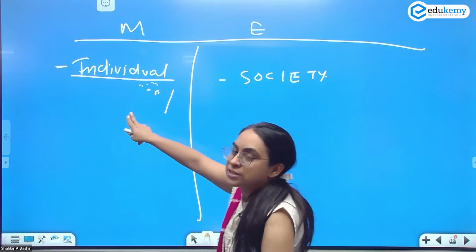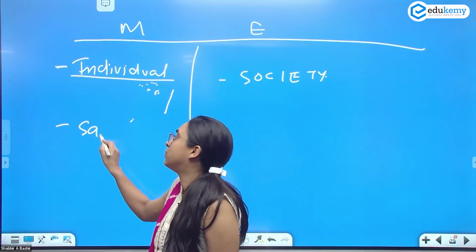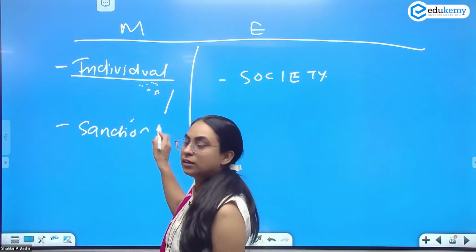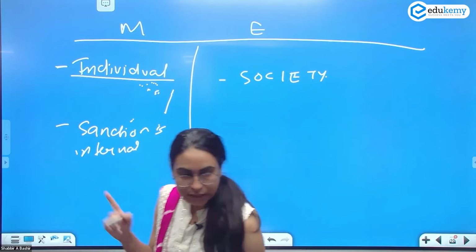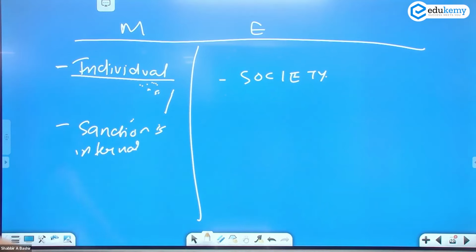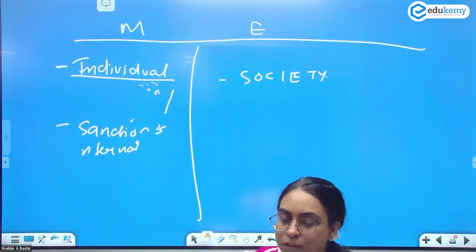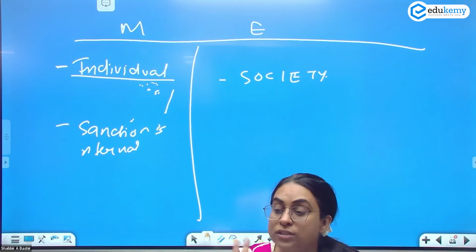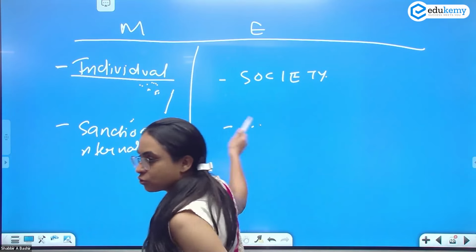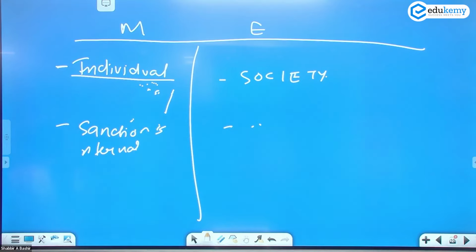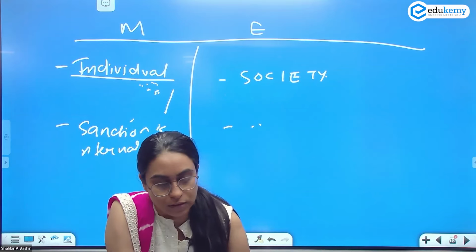So इसका जो sanction है, मतलब इसको जो energy मिल रही है, where it is getting energy from, the sanction is internal. So please write, they are sourced from the morality. They are sourced from internal factors. कहाँ से पता पड़ रहा है? खुद से पता पड़ रहा है, खुद को बुरा लग रहा है. And ethics are sourced from external factors.